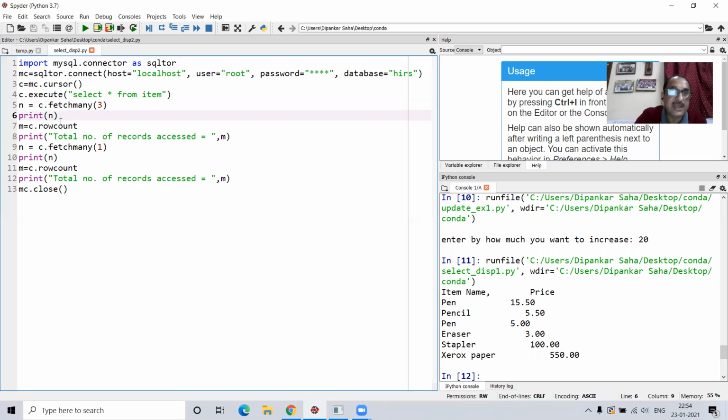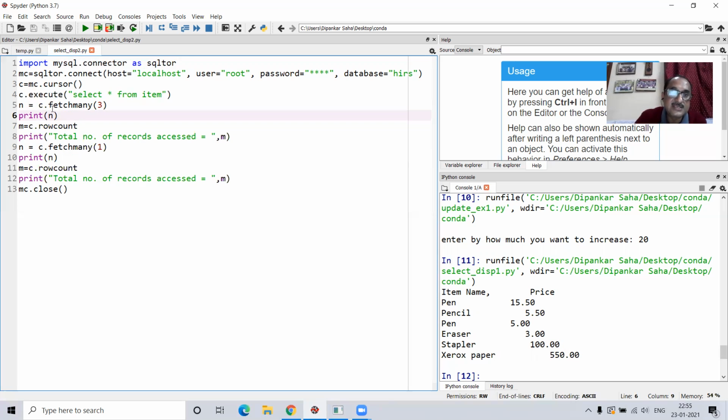And one more thing will happen. Whenever we are talking about a result set, we have to understand there is an imaginary cursor which keeps on moving, like the way we see the cursor move in a Word file, exactly the same thing happens.